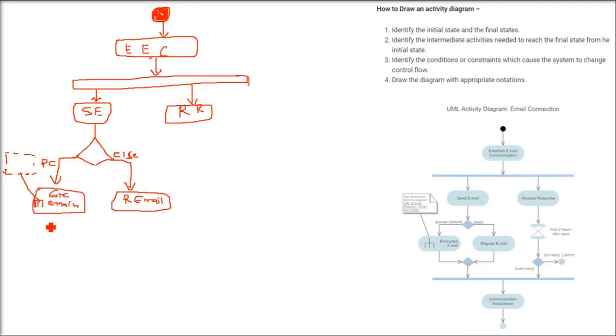Okay, now two things are done. Now when these two works are complete, because you are merging them, you have the left and right merge with a diamond. This is the merge, not a join, merge. Then we have the right-side work, which is receive response. Now you have sent, and you need to wait. You have to wait, and the time can be considerable.